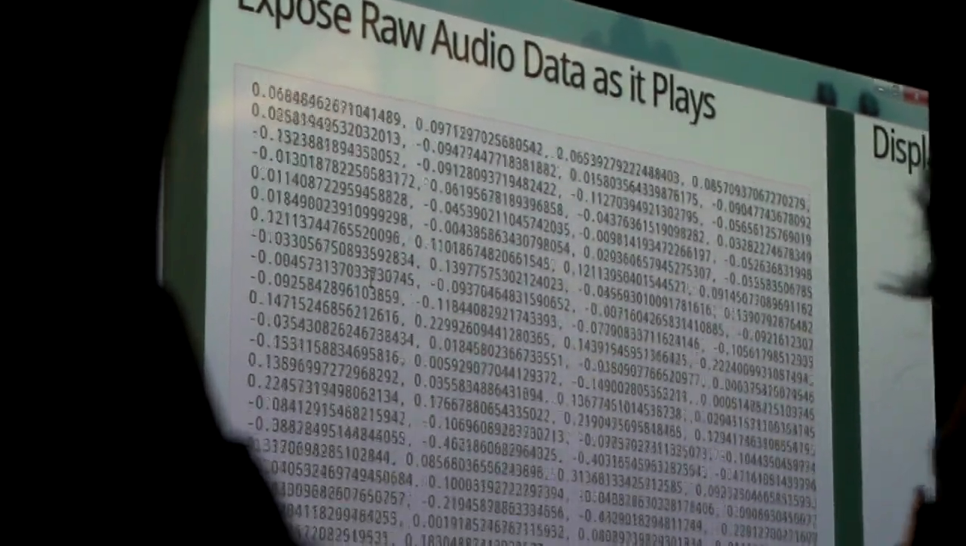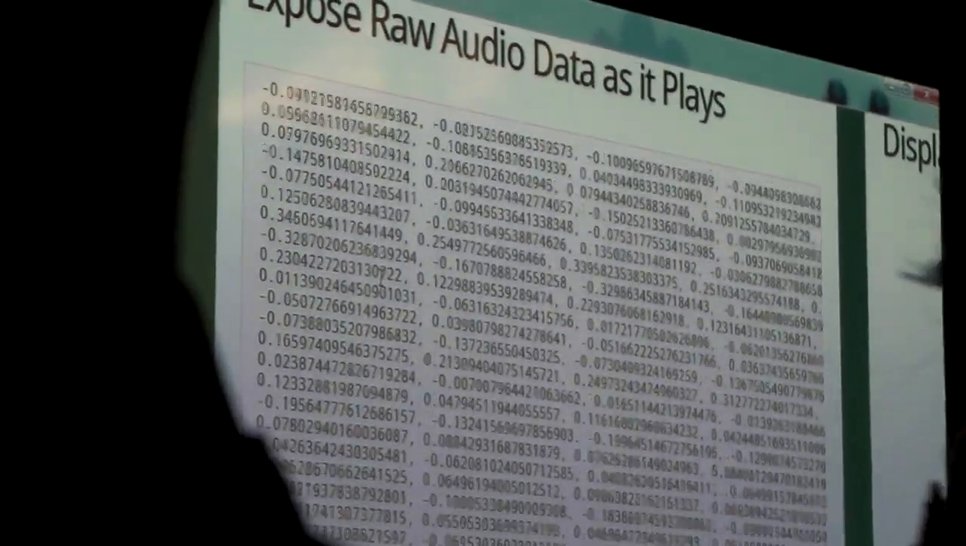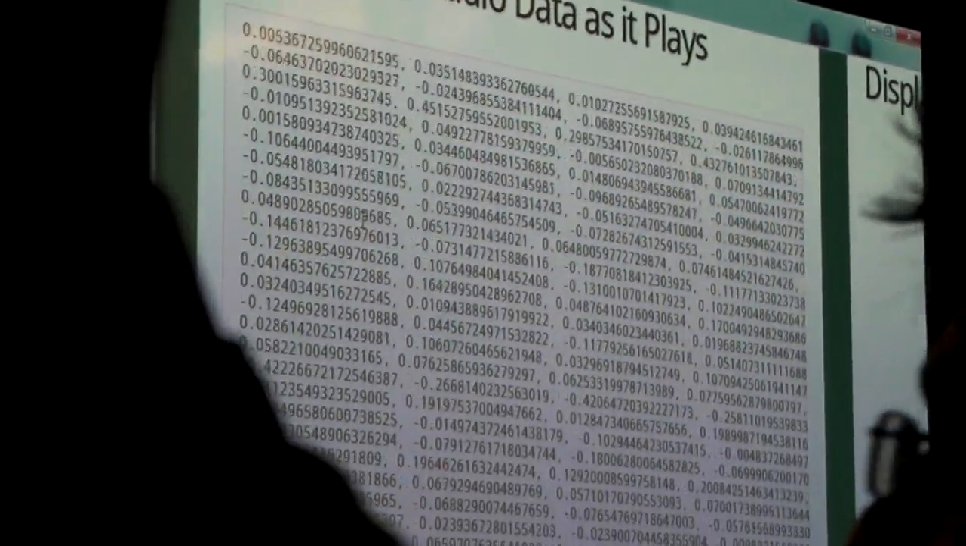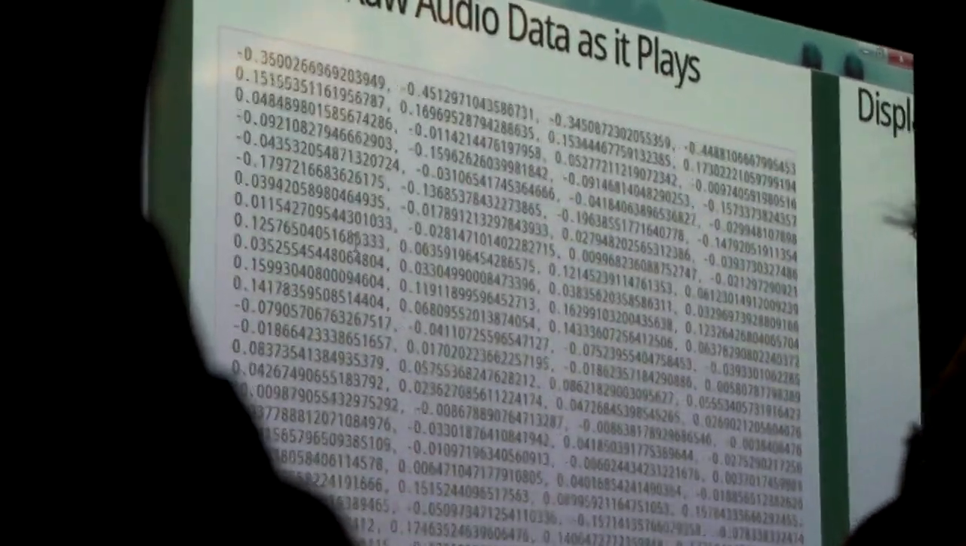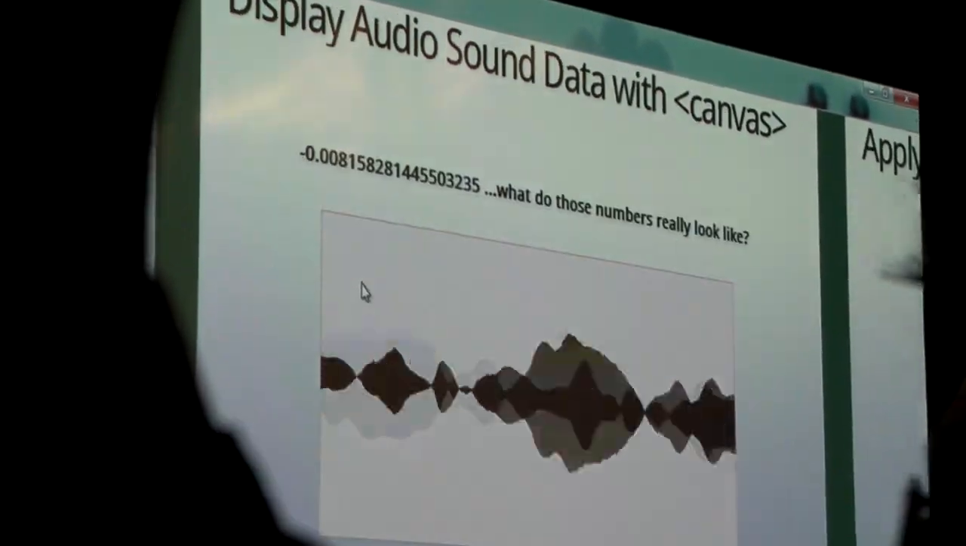So here you can see that song that you're listening to, that's the data that's being played, or some of it. I'm not printing all of it out. It goes over and over again. But what does it really look like? Here,